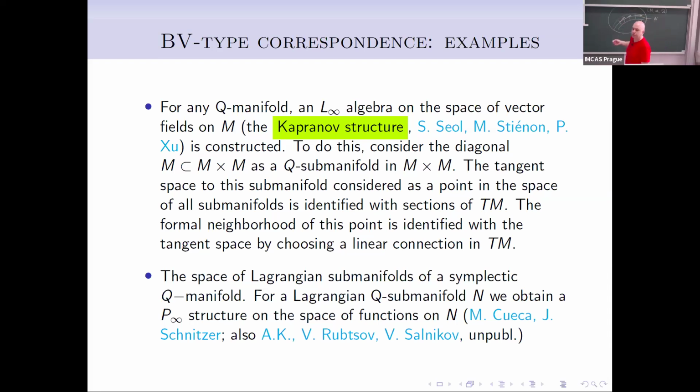This can be graphs of differentials of some functions. Okay, then we can construct a P-infinity structure like that. We can always lift functions from N to T star N. It will be an abelian Poisson subalgebra. Then we apply the